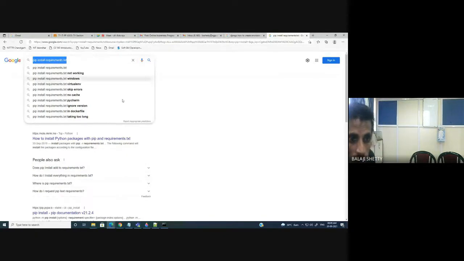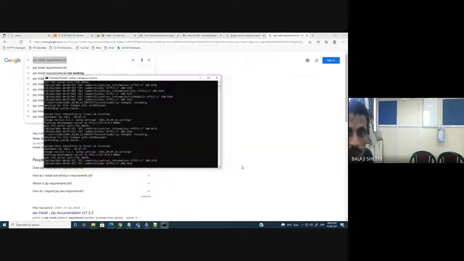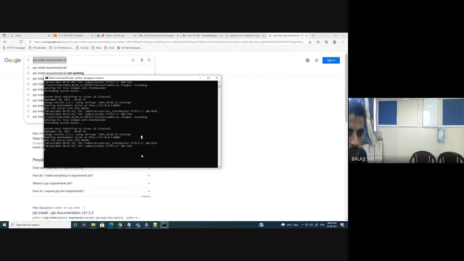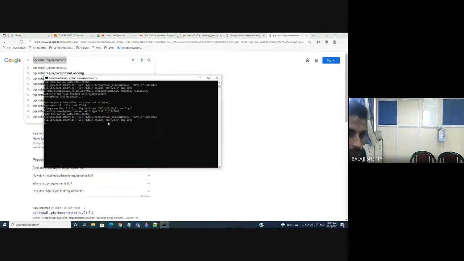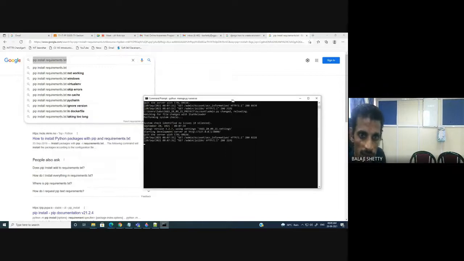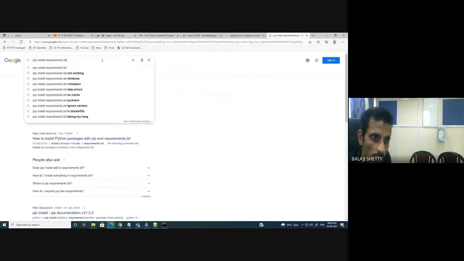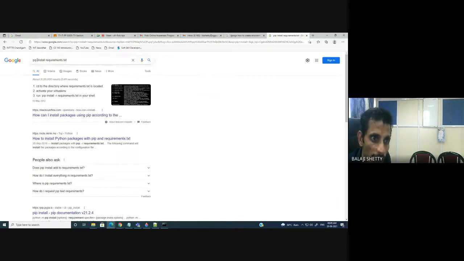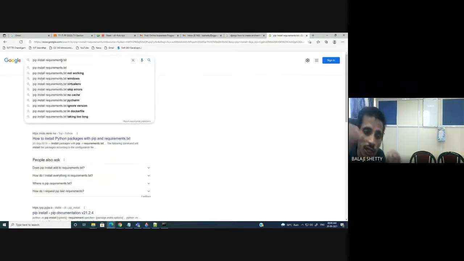What does this command do? Okay, let us check it practically. Control Z. Okay. Control C, again the same problem in F1. I don't know what happened. Okay, I will just cover it in a theoretical way. What does this command do? By pip install requirement.txt, if you run this command, whatever packages you have installed in that environment, all those packages are stored in this file named requirement.txt.